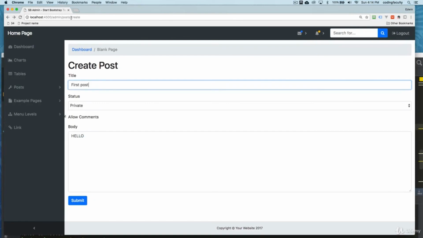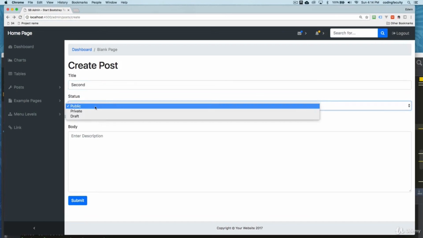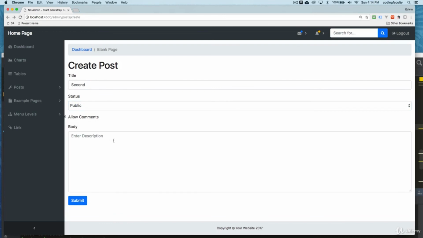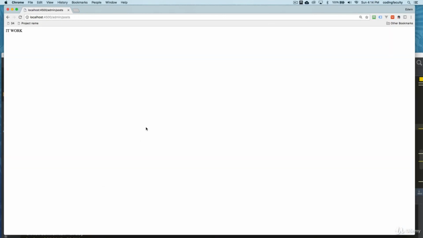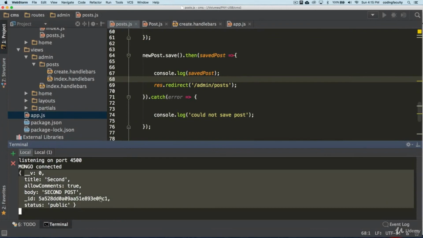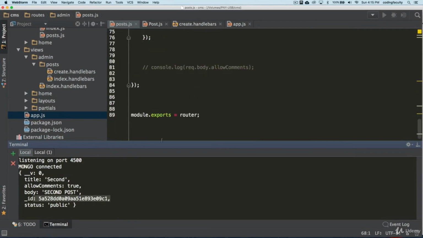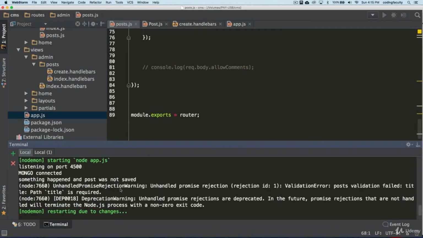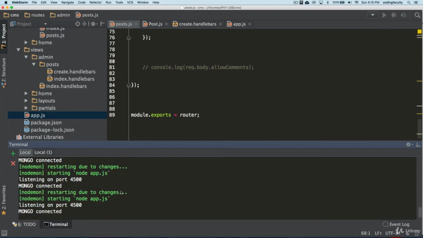Okay, so I'm just gonna refresh this here and I'm gonna say second post. Enter. I wish things would go that smoothly all the time, right? And as you can see, we get the saved object back to us, the new one, okay? Because if you remember 09C1, we didn't get that before. Let me see if I can find the other one.